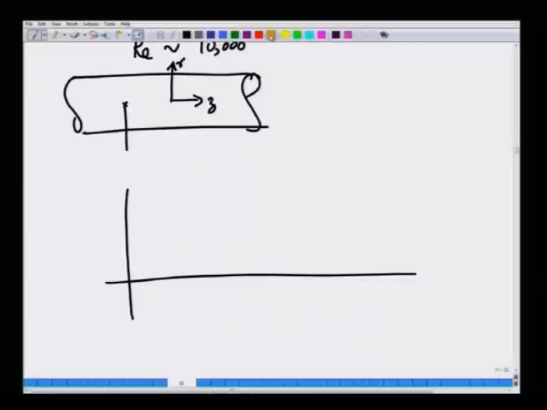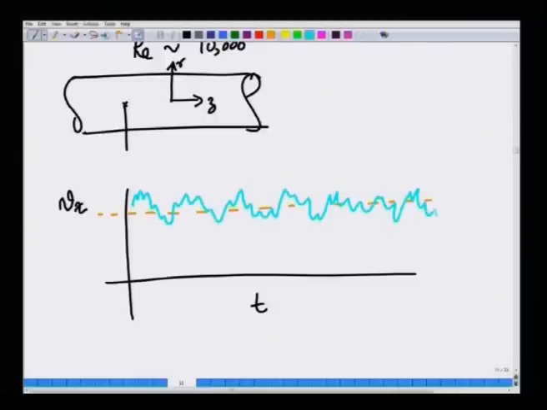Now, if I were to plot the z velocity, the actual measured velocity along the z direction as a function of time, it is going to appear like a random signal, because in turbulent flow the velocity fluctuates very wildly with time, of course, and with space also, but here we are looking at a fixed point in space, and we are measuring the velocity in the axial direction, that is the flow direction, as a function of time, and you will find that